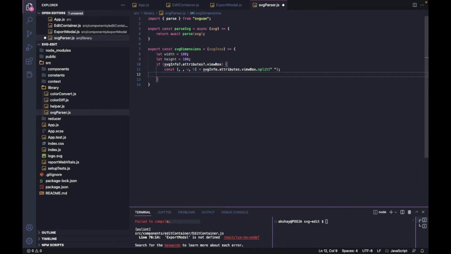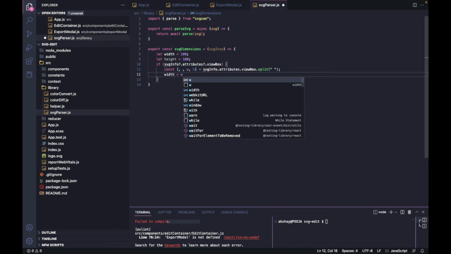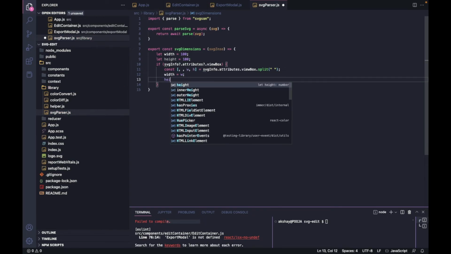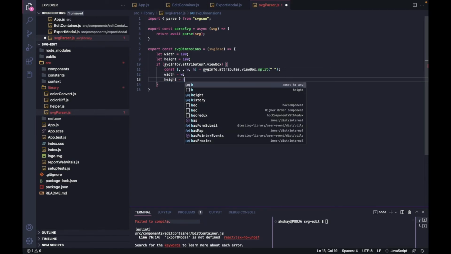Okay, after that we need to get width equals to w and height equals to h,